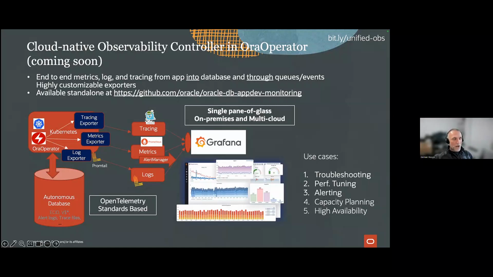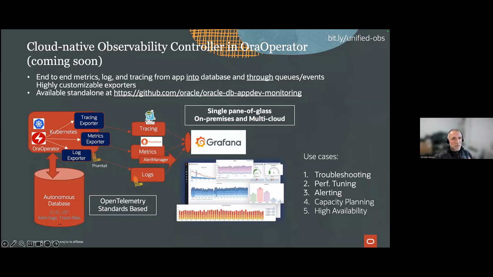And when we were talking about performance metrics from the database, that's super important, because it basically allows us to know what's going on with the database, right? We want to see how our performance is doing, how our CPUs are doing, how we're doing with storage, etc. Also, accessing the logs is super important, because that might provide us with insight into what's going on. And then tracing is super important, because when there's some error or something out of place at the application level,